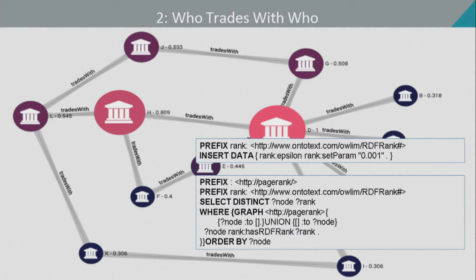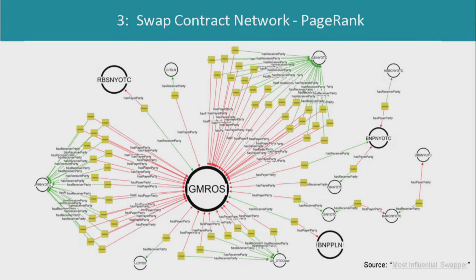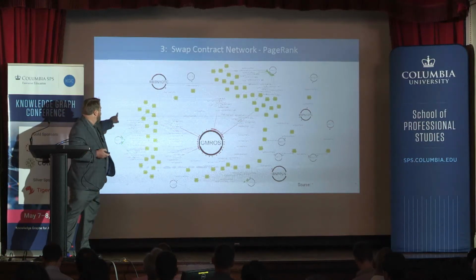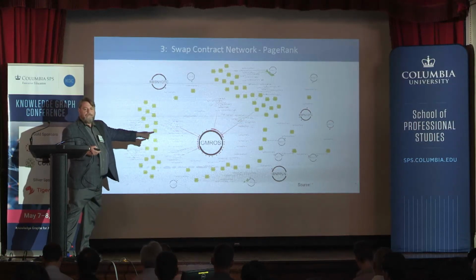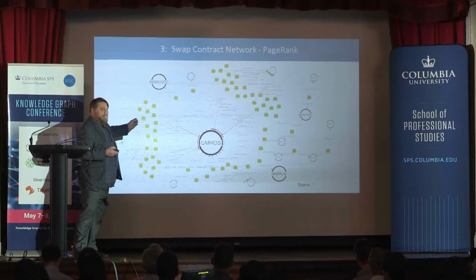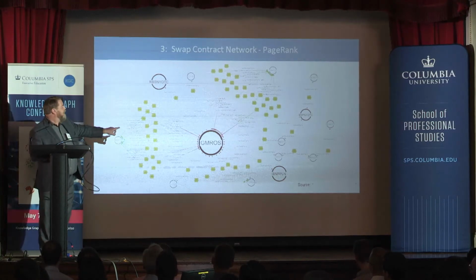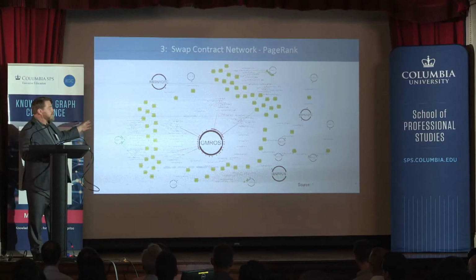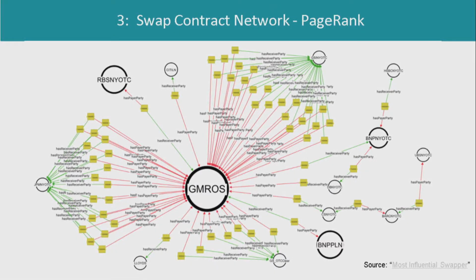Once I'd worked with who trades with who, I wanted to go a little deeper. And this is hard to read at the moment, but bear with me. What you're seeing over here, if you see these clusters of yellow groupings, are swap contracts. So in the previous diagram, one edge was represented by this whole grouping of swap contracts. You can also see a slightly green line and a slightly green line and a slightly red line. And what those are, the payer and receiver sides of the swap.